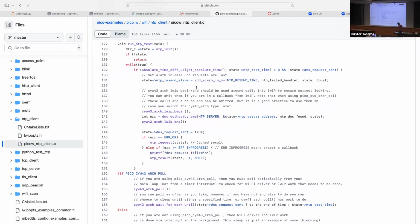Then we enter this while true loop, and we check two conditions. The first condition is: is it time for us to do another NTP request? We do that by comparing the present time, measured in microseconds since boot, against the NTP test time field of that struct, which you'll recall is holding the next time at which we should request more network time information. So we're seeing, is it time yet for us to do this? In the event that it is, we may carry on, but not before we check the second condition, which is whether or not we presently have an active domain name service request out, in which case just wait because we've already done this. But in the event these conditions are true,